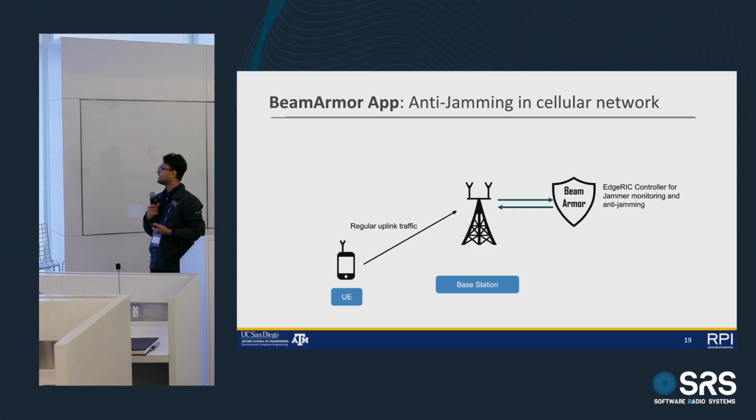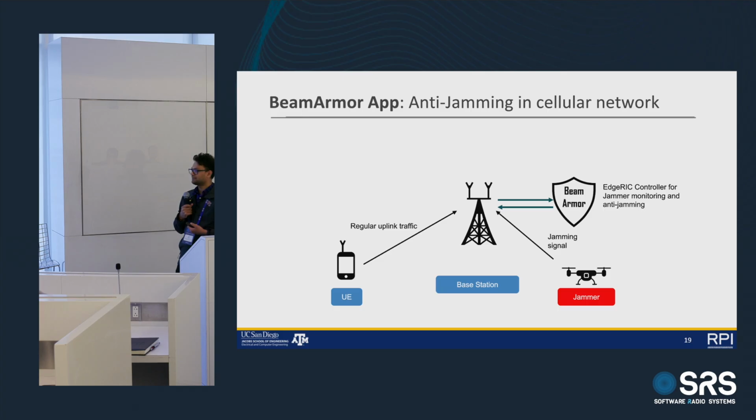So here really the idea is to take the physical layer or higher layer channel information. If there is a jamming signal at your base station, it will affect the functionality of the base station. If you are trying to receive some genuine data from a genuine user in an uplink slot and there is a jammer, it will corrupt your signal. The base station will not be able to recover a signal from the genuine user, right? And it need not be a jammer. It could be interference from a nearby base station or any other devices, right? So a very simple policy like creating a null towards the jammer using multiple antennas could solve this problem, okay?